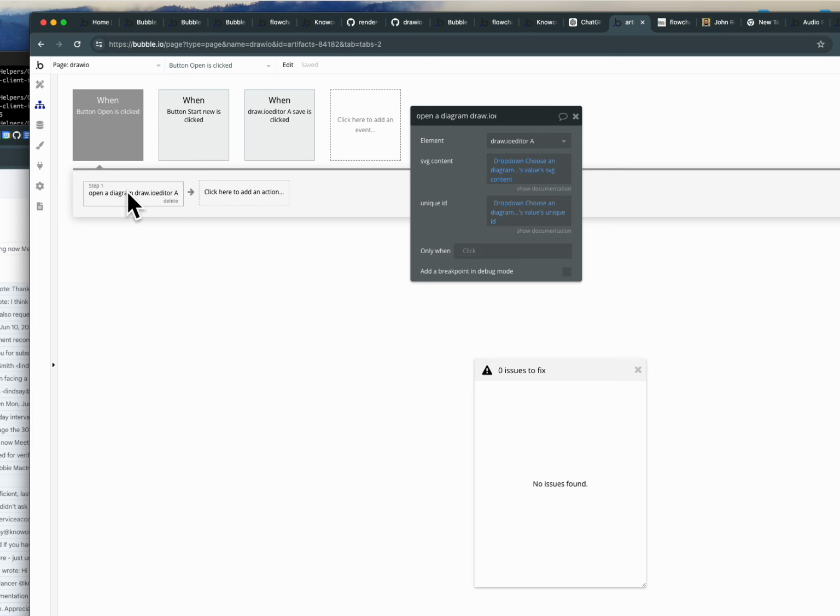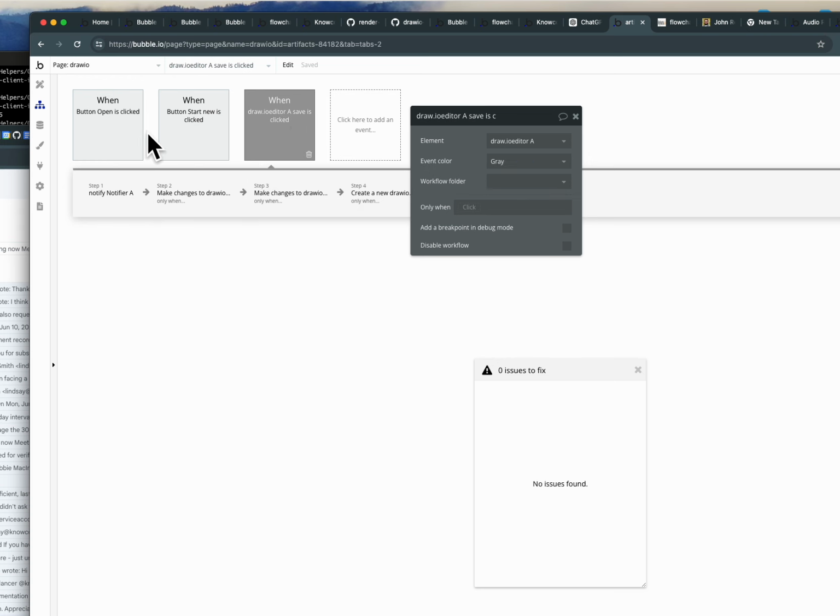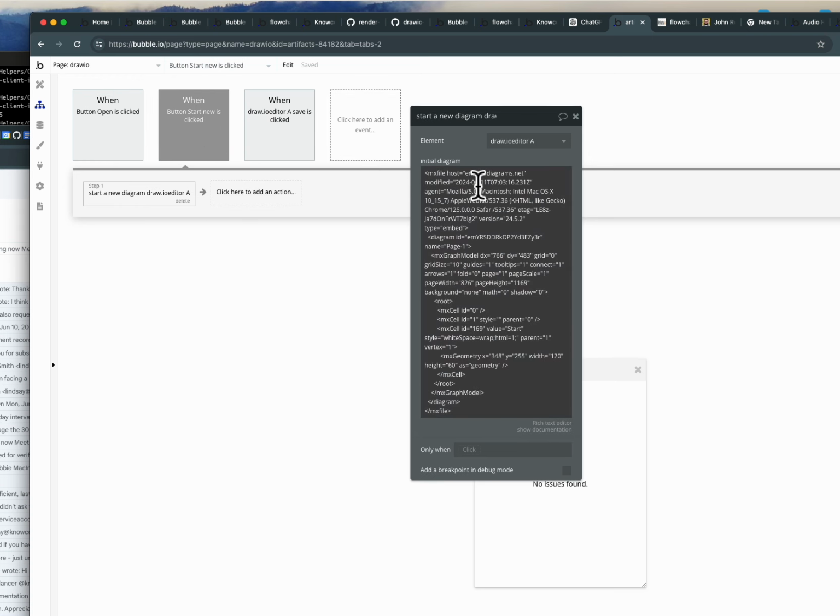When you do open, it takes some content of the SVG and it takes the unique ID. The unique ID is there so that you can save it when it comes back into here. And starting a new one is just, you start with some default SVG,